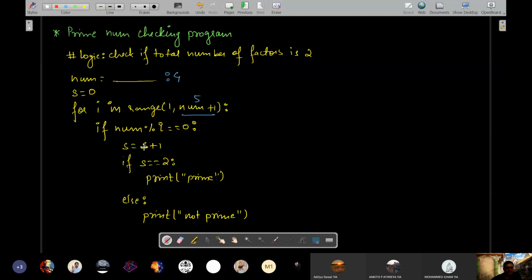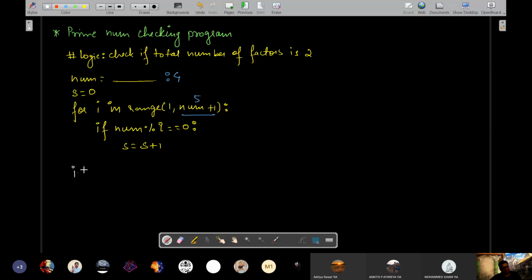So here what we will do is we'll write final value of S outside. We'll check if S is equal to 2.